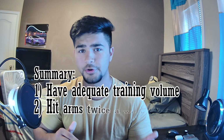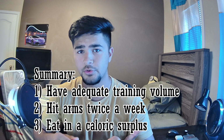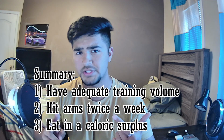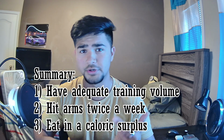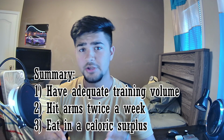All you really have to do is make sure you have enough training volume for your arms. Make sure you're hitting at least 4 to 5 sets and have enough volume for your arms to make them grow. Make sure you hit your arms at least twice a week, and for every single muscle group, make sure you hit them twice a week, because this will maximize muscle gain. And finally, make sure you eat in a caloric surplus. And those 3 things, if you follow these things consistently, patiently,